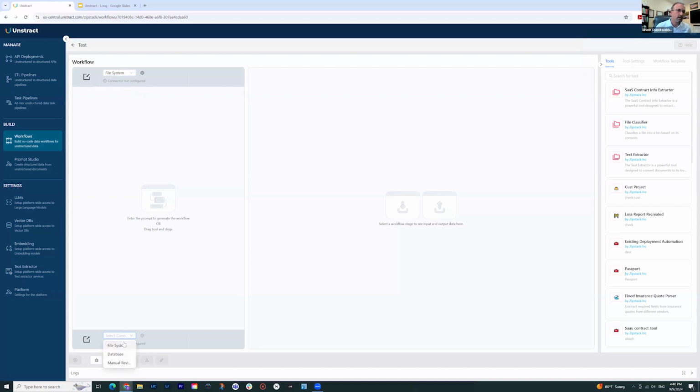And instead of choosing API on this side, I can practically choose a database, right? So I can put the output of this credit card statement that I've been getting into a Snowflake or something like that as well, right? So very easy to process files. This practically becomes your ETL pipeline. That's what it is, right? So earlier I showed you API deployment, and here it is.